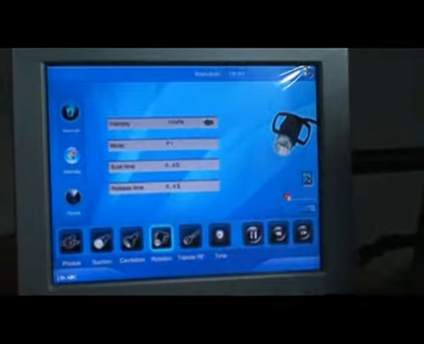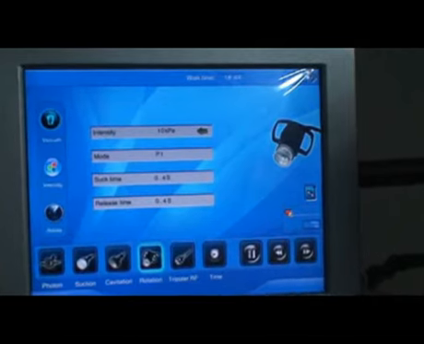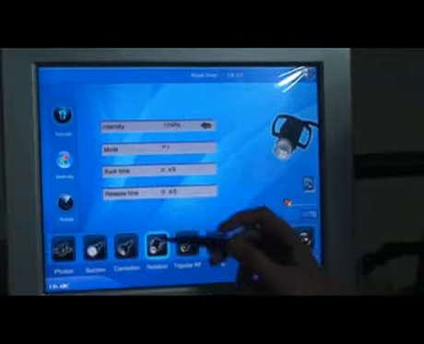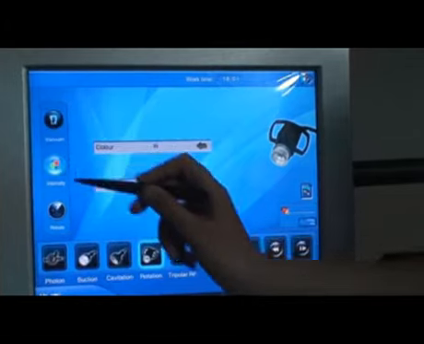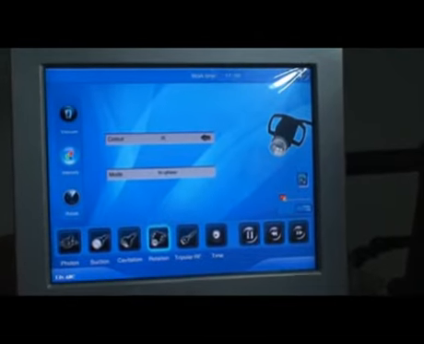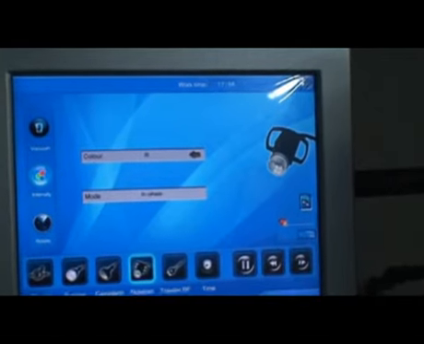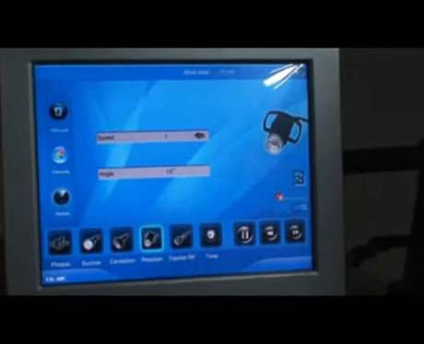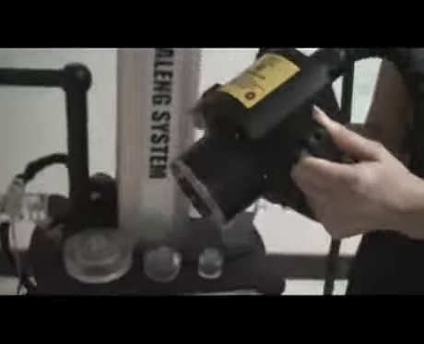Fat rotating function. Clean the skin. Use essential oil. Click Vacuum to choose vacuum work mode. Click Photo to choose photo color. The photo function can be used while using the vacuum function, and it can be closed if you don't need this function. Click Rotation key. Adjust the rotating speed and angle.